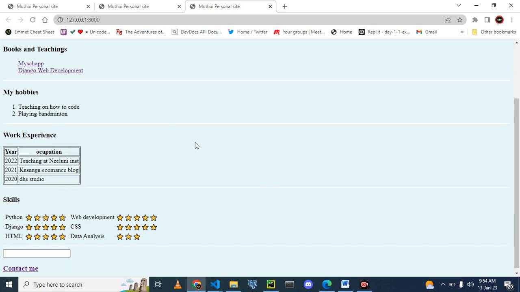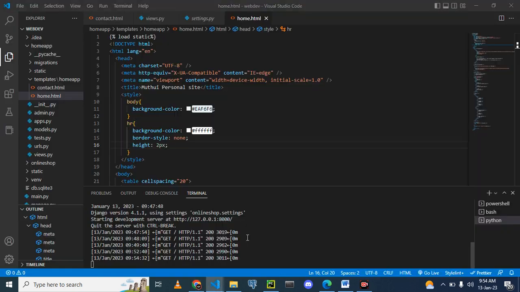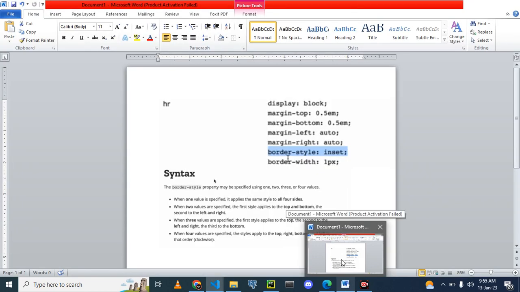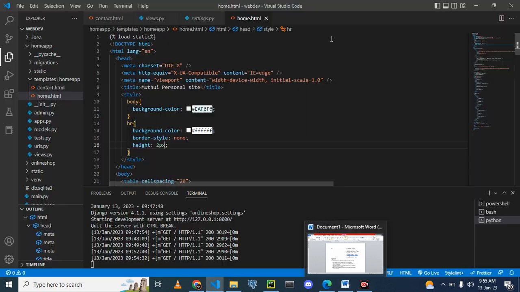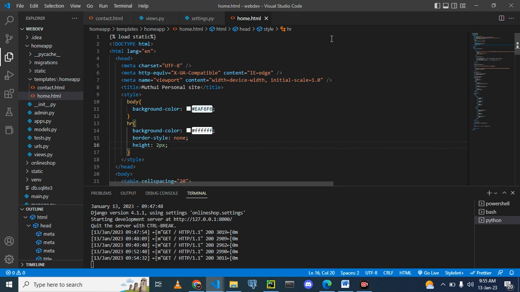Yeah, you can see now we have some space which is white, we have some line which is white, and therefore we can still do something else that is white, no border. So what we can say is dashed, we can use the border which is dashed, we can use the border which is dotted, we can use any border, but for now it is none but background white. Okay, what we do, let's say border style dotted,